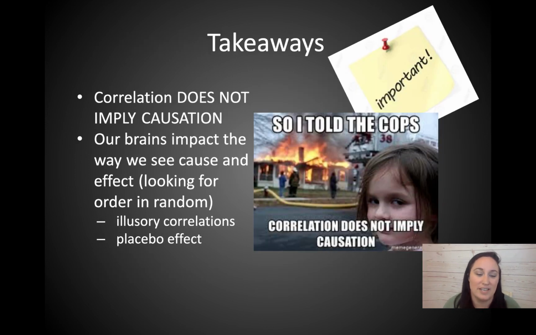All right, so what are our takeaways from this module? Clearly, a big one for this module is that correlation does not imply causation. Cause and effect is only reserved for experiments. Our brains impact the way we see cause and effect or correlations. We are looking for patterns and connections in things that are random, or correlations that do not exist. And that's seen in illusory correlations, and we also see that in the placebo